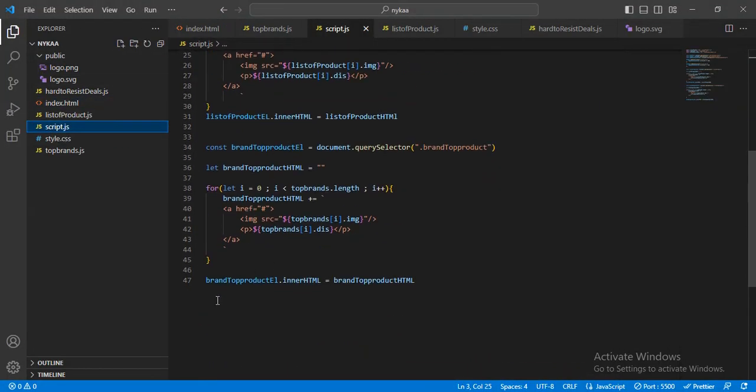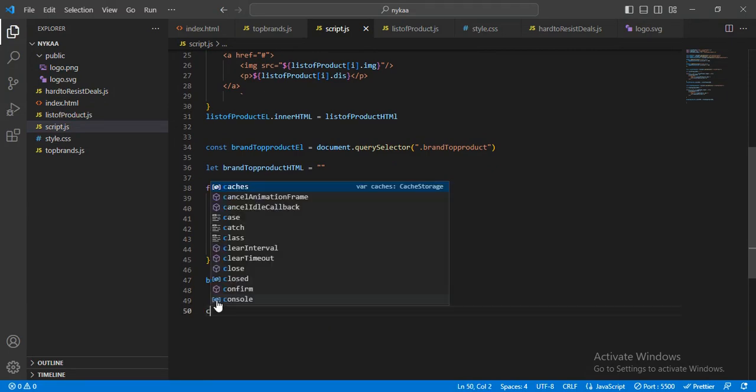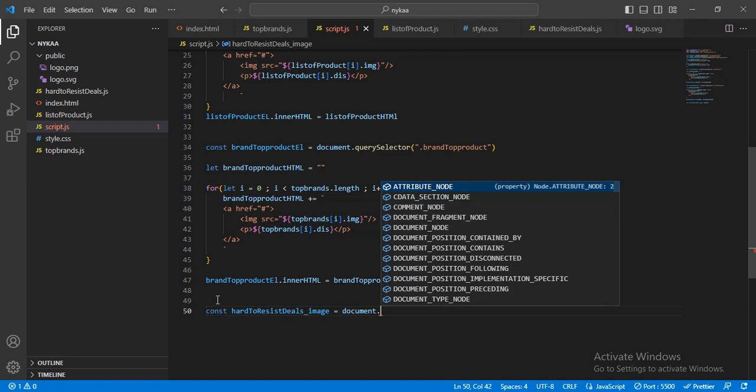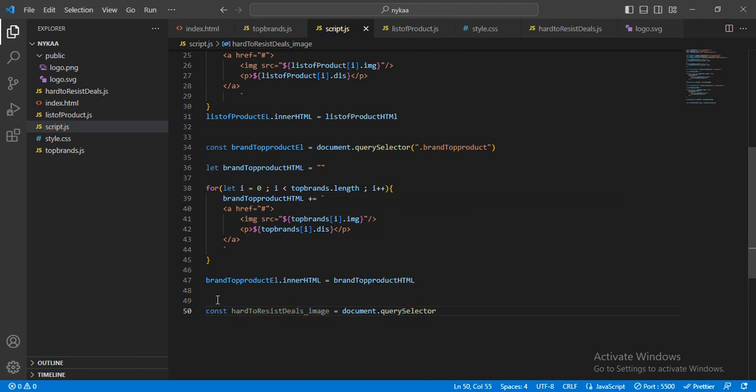I will follow the same concept, and just use document dot query selector, and inside this I will use the dot. After that I will make one variable, brand top, hard to register HTML image,